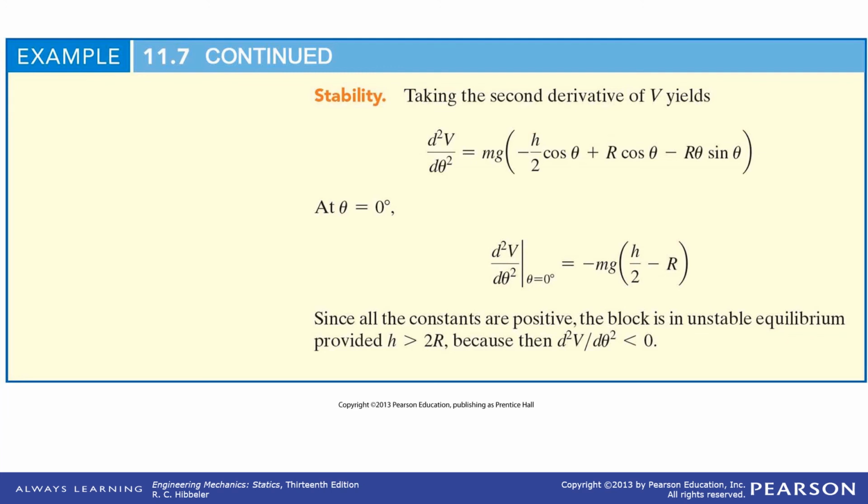It's unstable. This is negative if H is too big. And if H is small enough, it'll rock back to its equilibrium position. That is kind of an interesting result,